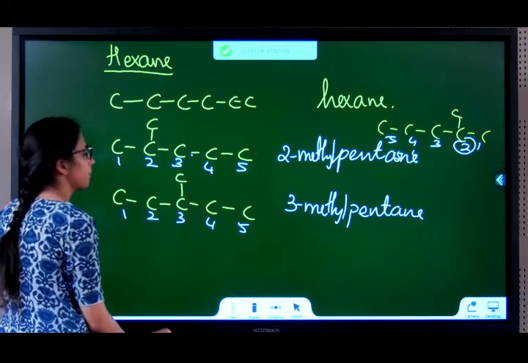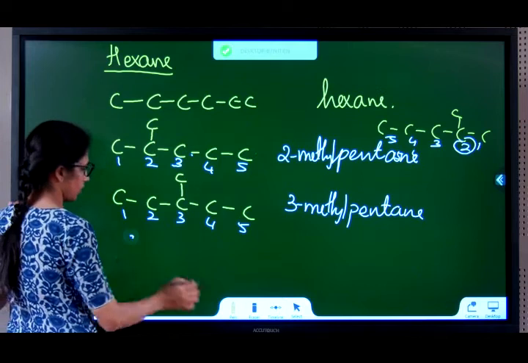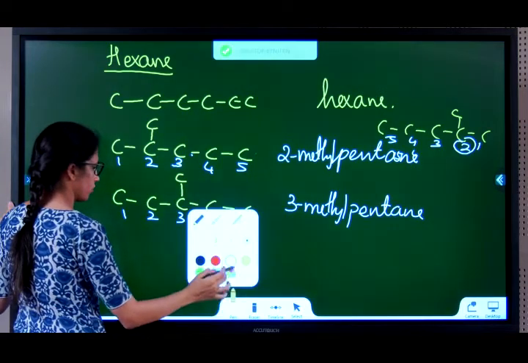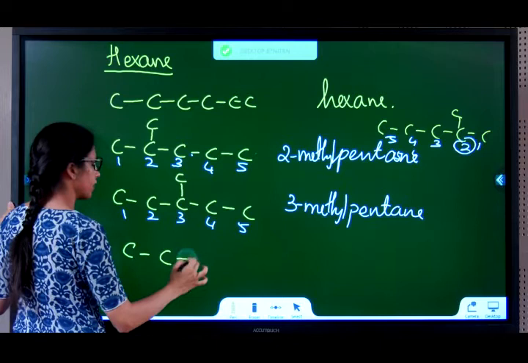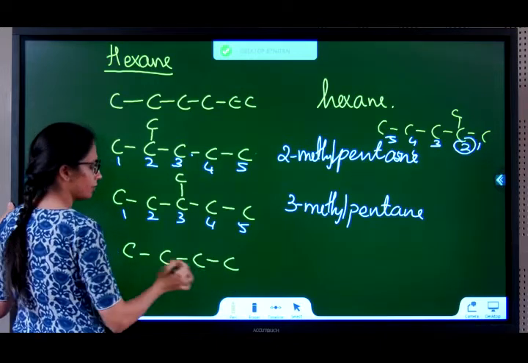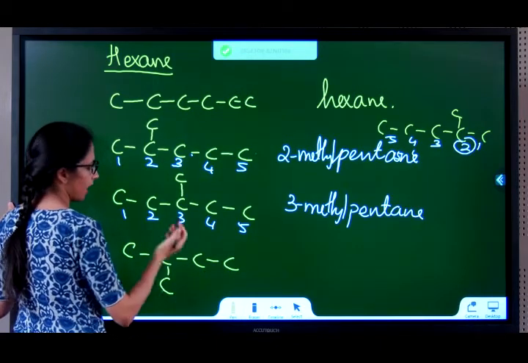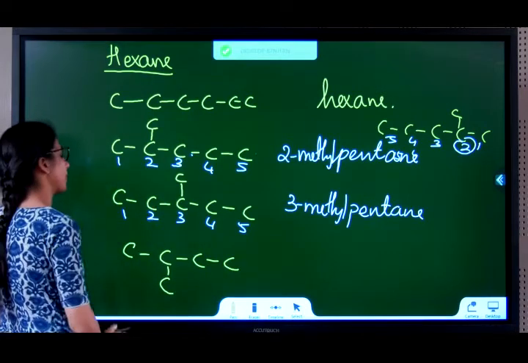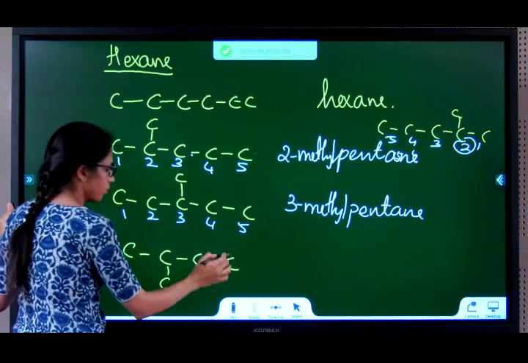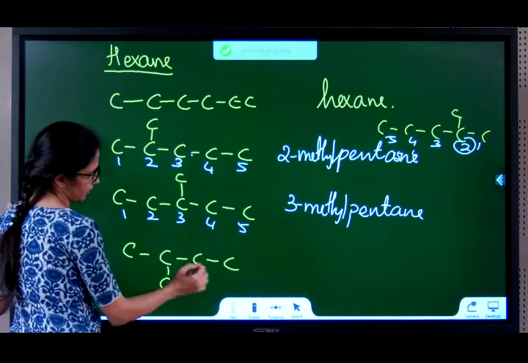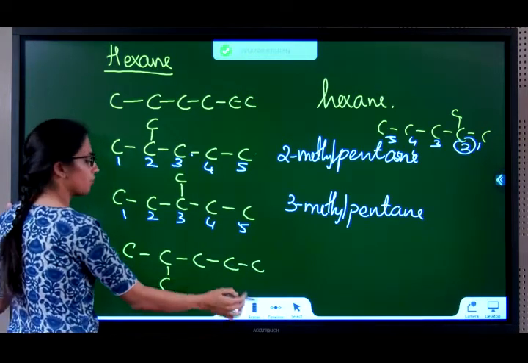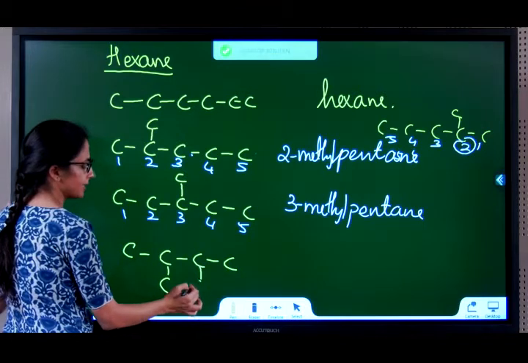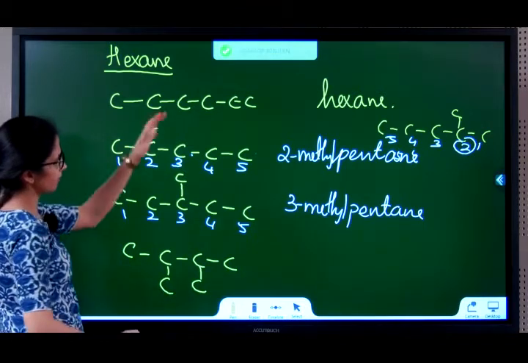What is the next possible structure? So, we have 1, 2, 3, 4. 1 we removed and placed anywhere, keep it anywhere. Up or down does not matter. If I keep it down or up, it is the same. Remove one more carbon atom. This 1, 2, 3, 4, 5. Okay. Remove one more carbon atom and place it at the center. It's obviously different from these.